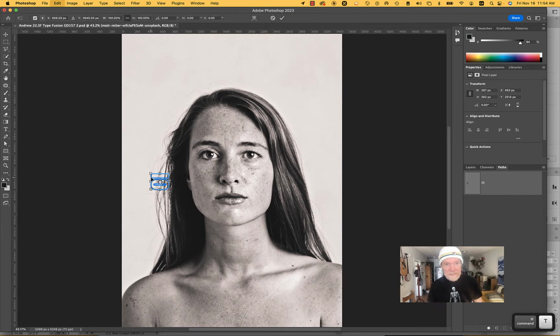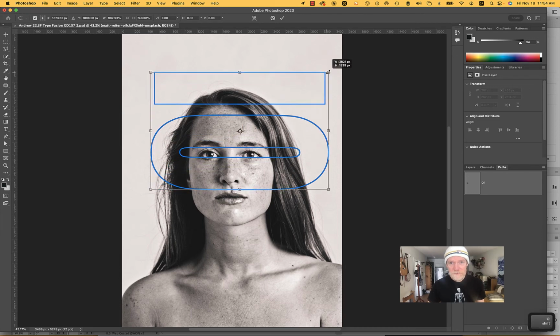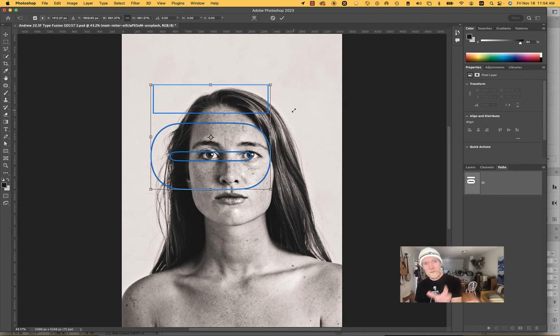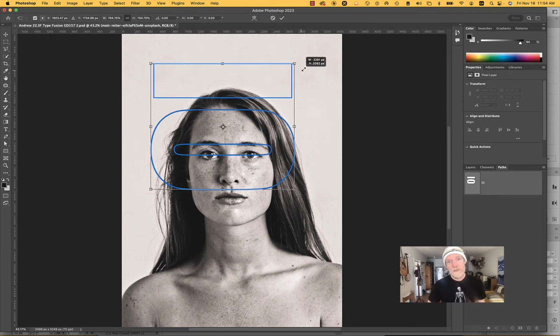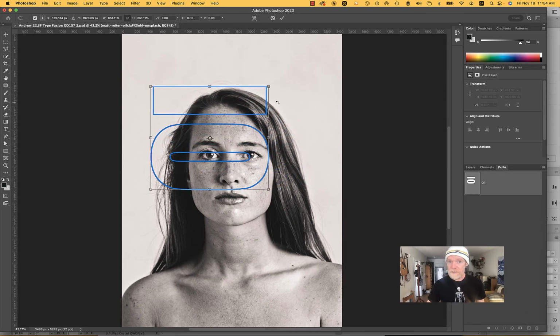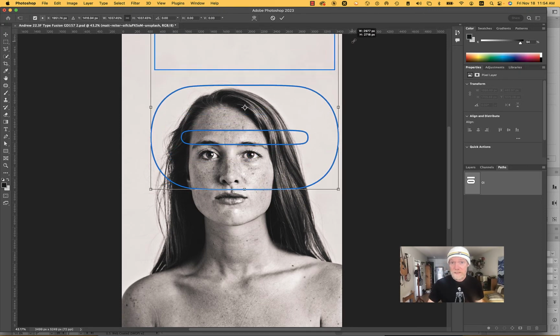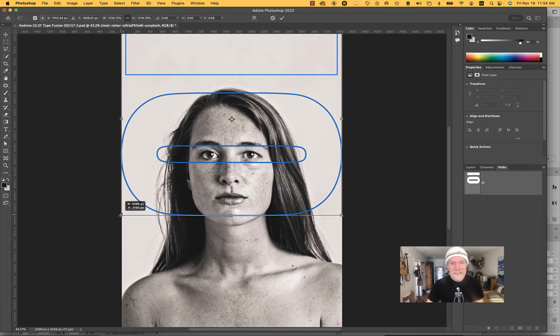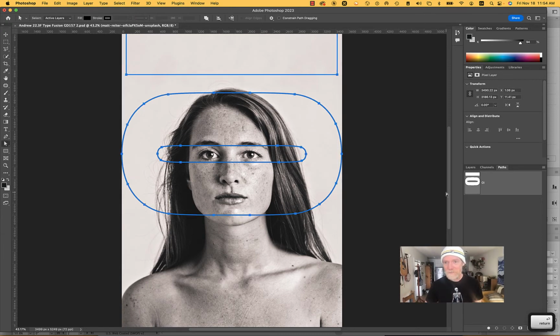So I'm going to go Command T to activate the transform function, and I'm going to scale this right up. And here you can see an inconsistency between Illustrator and Photoshop. In Illustrator, if I hold my Shift key down, it constrains it. In Photoshop, it's the opposite by default. You can change it. I haven't, just because that's the way Photoshop is doing it by default. But it doesn't constrain if you hold your Shift key down, so you have to not hold your Shift key down in order to constrain it. So I'm just going to resize this to here, hit enter, and then I'm going to go back to my